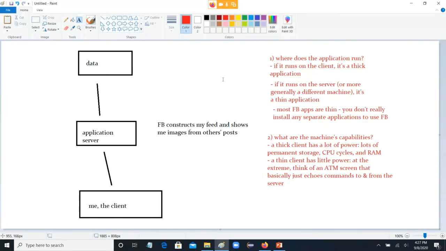Okay, so these are our two things. A thick application runs locally. A thin application runs on the application server. Likewise, a thick client is a fairly powerful machine. A thin client is a fairly weak machine. How are these integrated in terms of business? Well,